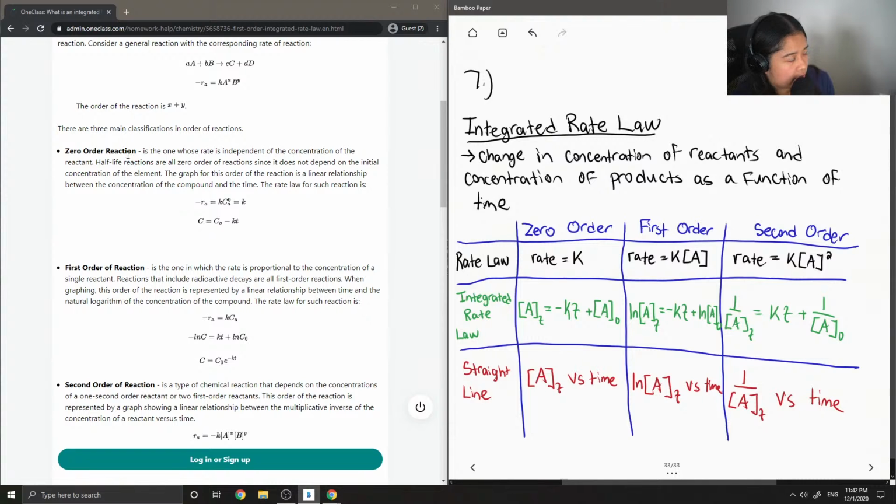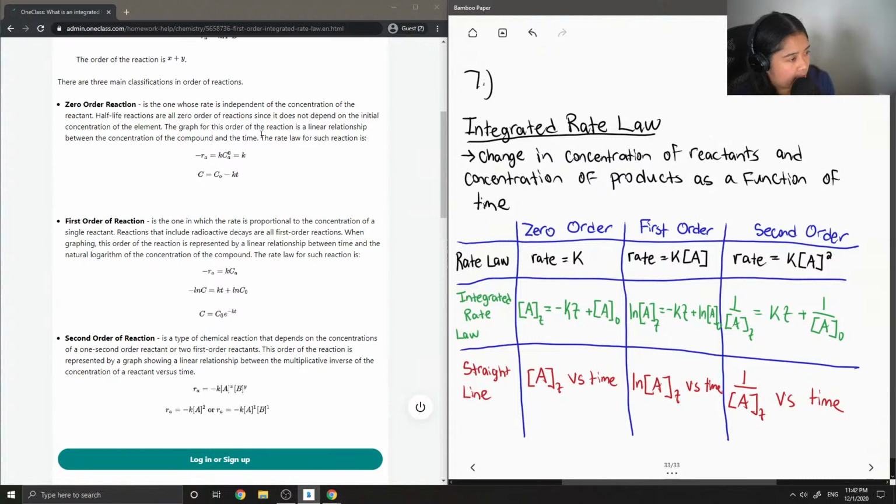A zero-order reaction is the one whose rate is independent of the concentration of the reactant. Half-life reactions are all zero-order reactions since it does not depend on the initial concentration of the element. The graph for this order of the reaction is a linear relationship between the concentration of the compound and the time. The rate law for such reaction is